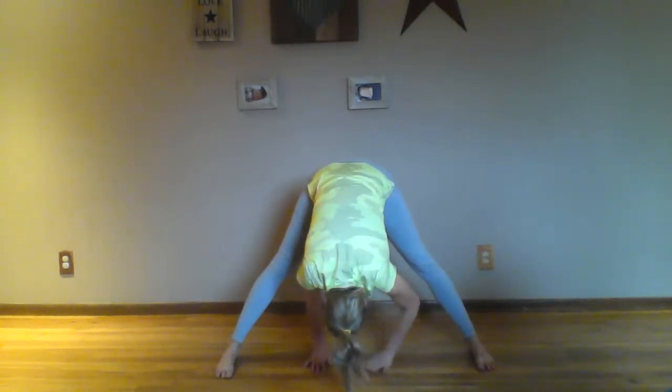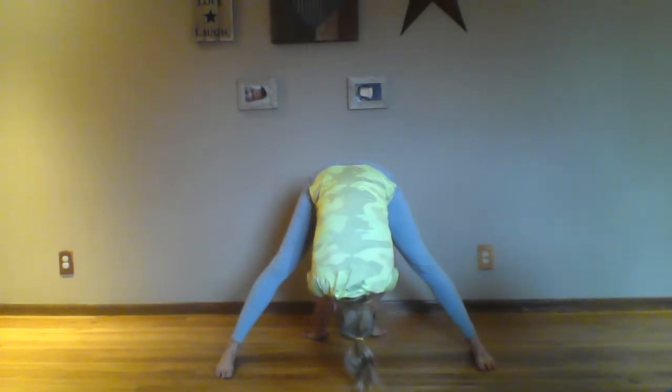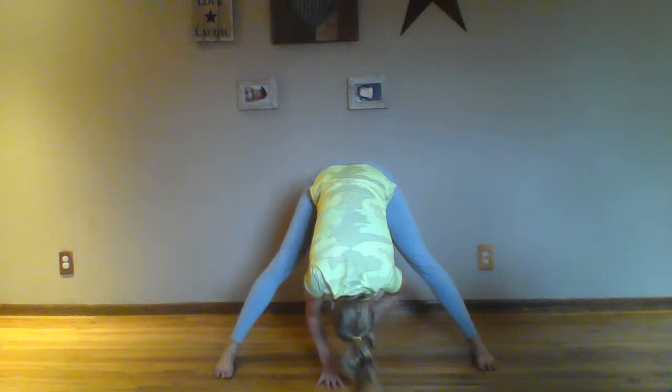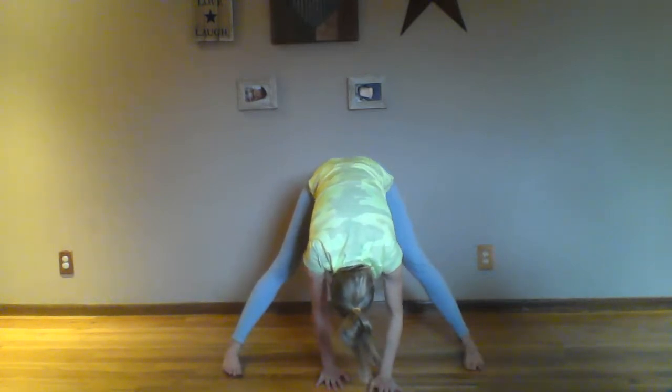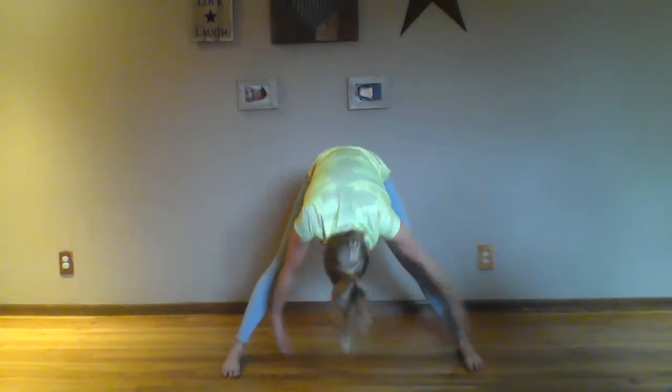If you like, you can bring your hands back down to the earth, and you can actually pull them behind your heels as if you're trying to pull yourself through your legs. All right. On the next inhale, we're going to slowly bring ourselves up. All right. Now, we're going to start with the right side, and then, of course, we'll do everything on the